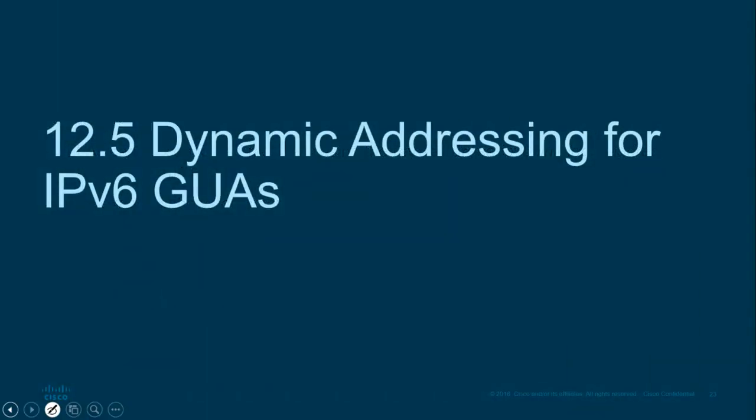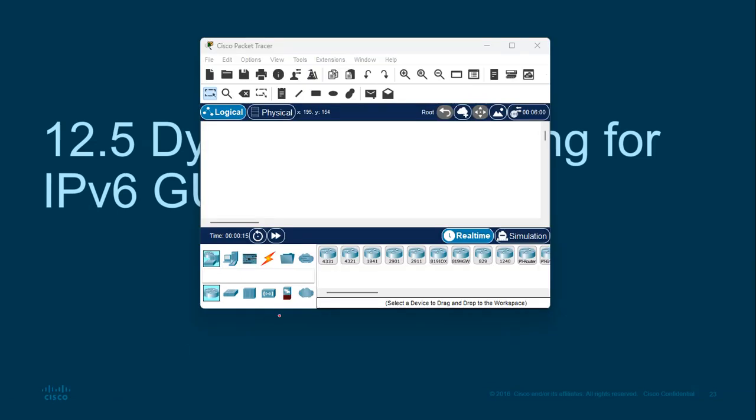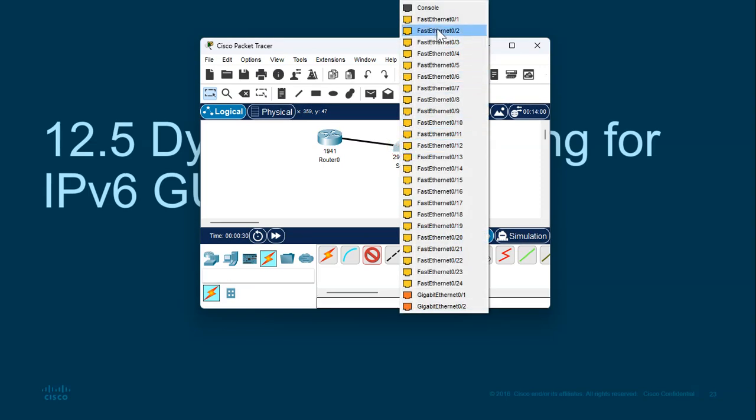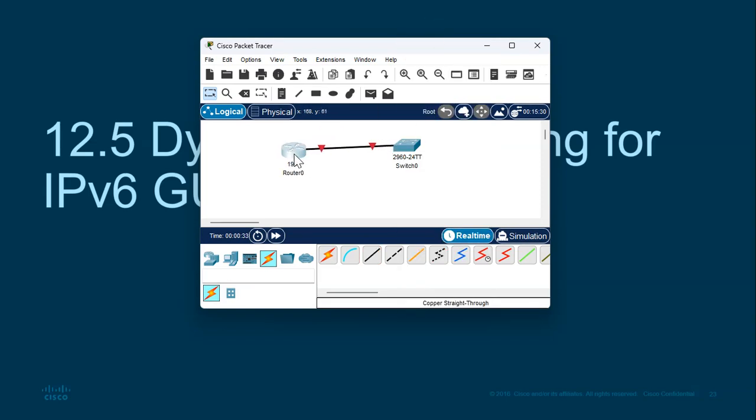So dynamic addressing. There is a chapter about dynamic addressing for IPv6 addressing. So here I will just be a bit fast. I will just pick another topology, and here all I want is just to test the two with IPv6. So if I'm to assign the two addresses that we've talked about,